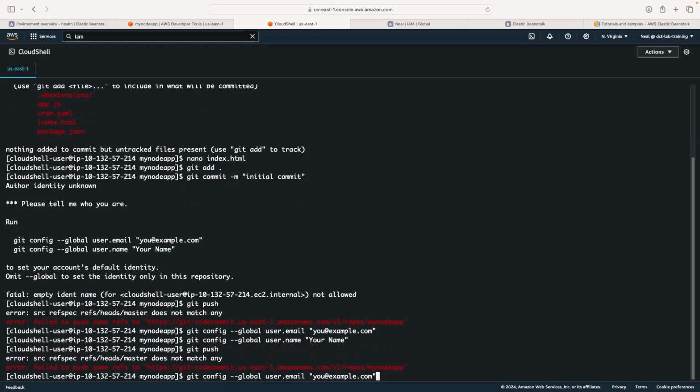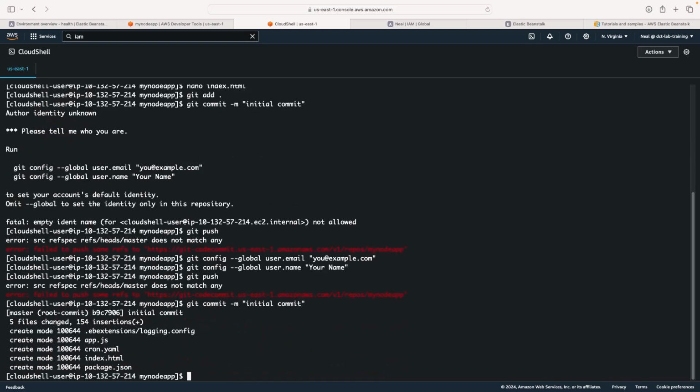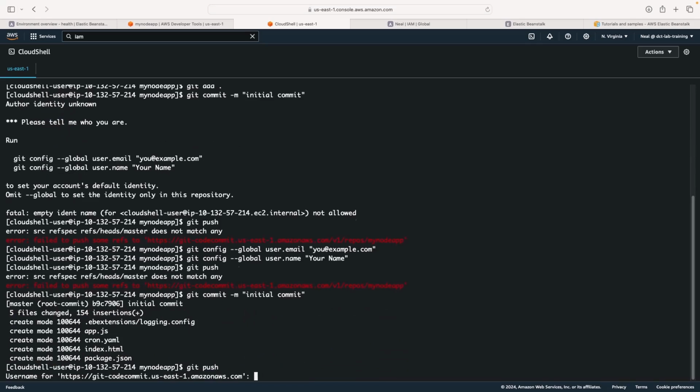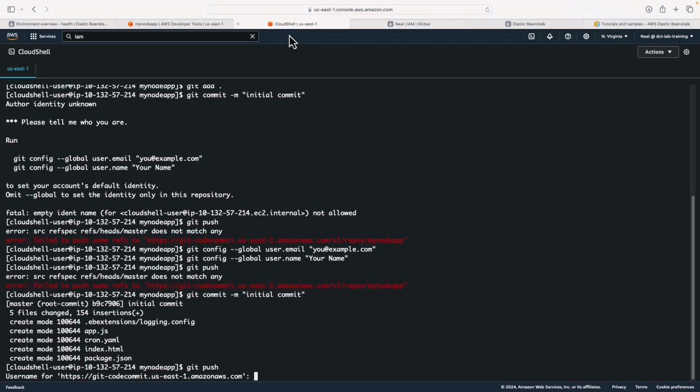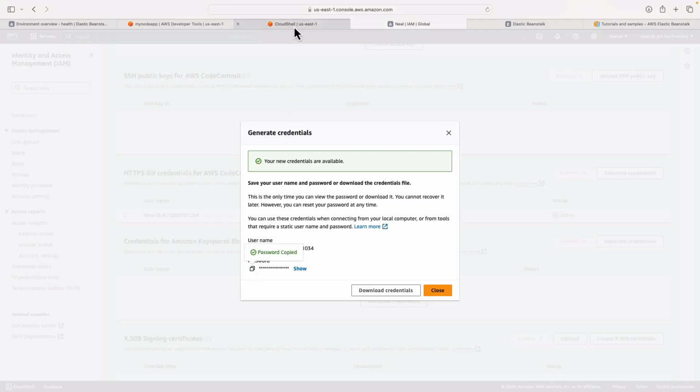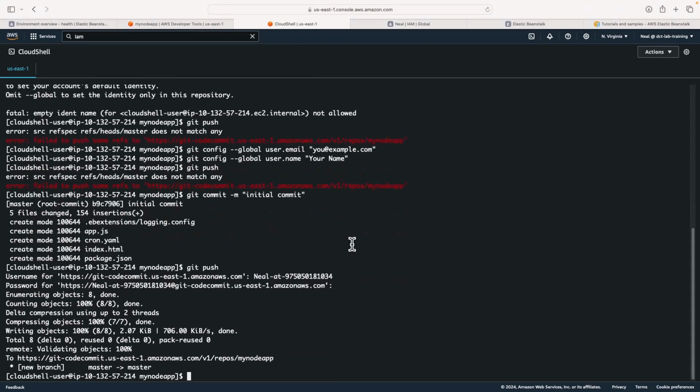And in fact, what's happened here is we need to come back to the commit because the git commit command actually failed before the git push. And then we'll run git push. Okay, now it's asking for those details again. So you want to make sure you keep a note of these. I've got them up here. So I'm going to add in my username, add in my password, and now it's going to push up the